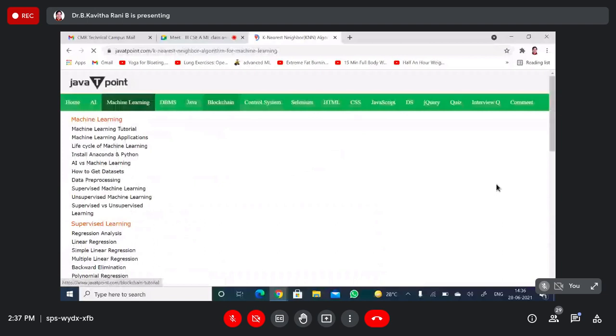Let's see here. So this is K-Nearest Neighbors. Here you have different types of images. Suppose we have an image of a creature that looks like either a cat or a dog. We have to identify whether it is a cat or a dog. For this identification, we can use K-Nearest